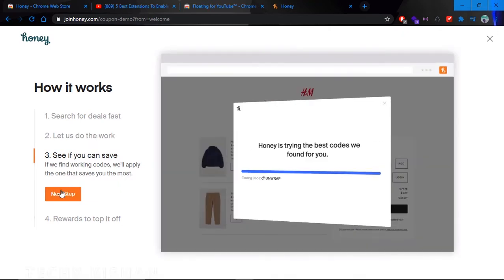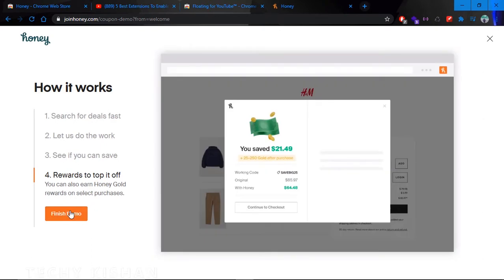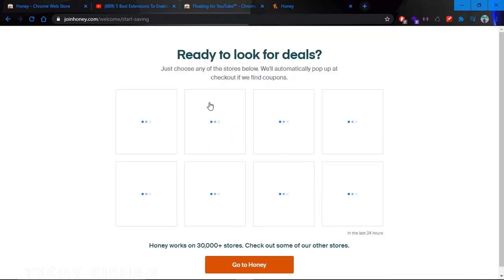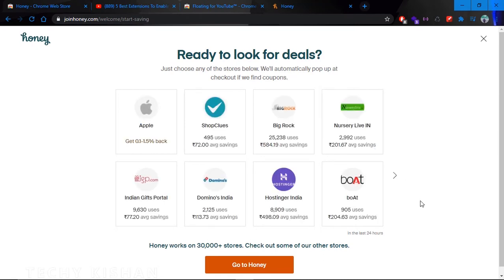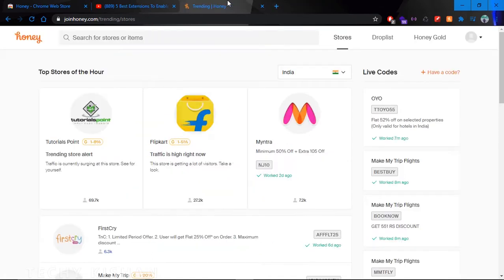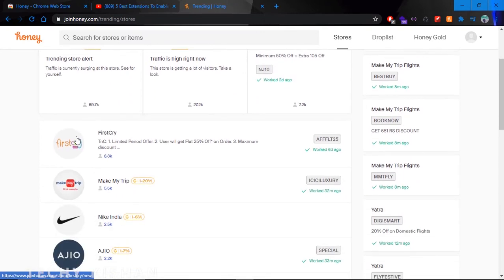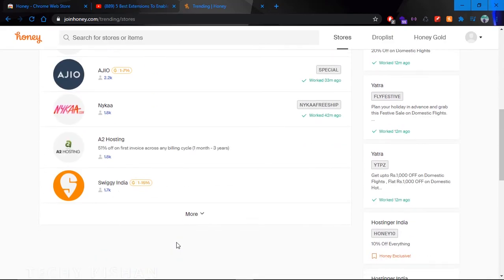You just have to sign in with your email ID. After that, whenever you go to your favorite online shopping or e-commerce website, this plugin automatically applies coupons to your purchases, and it is very helpful if you want to save some bucks while shopping online. So friends, you can see the list of the websites on the screen where you can apply these coupons.